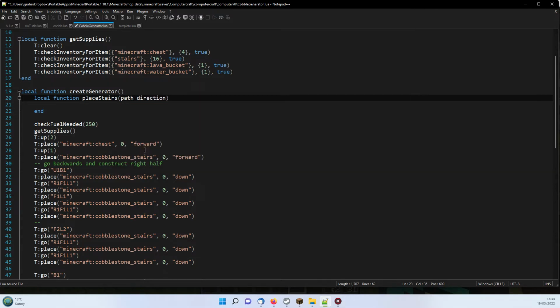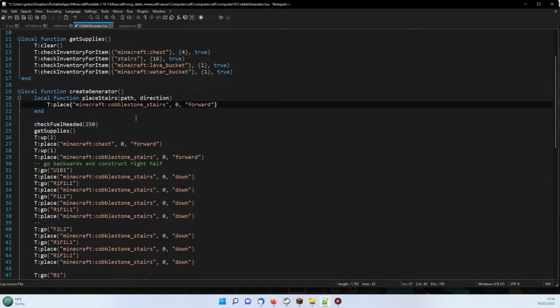That's the path that we're sending them in. Okay, so if we take, for example, this one here, and then we change that from forward to path,